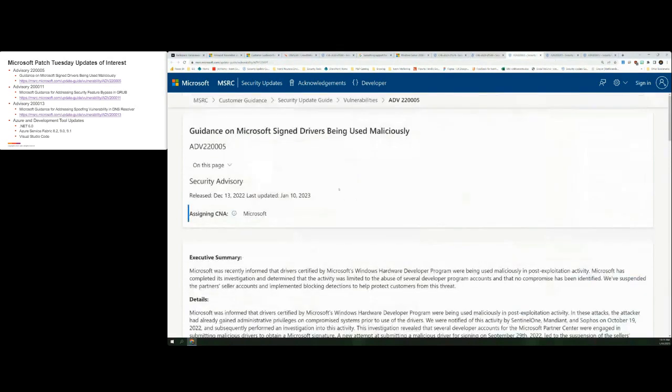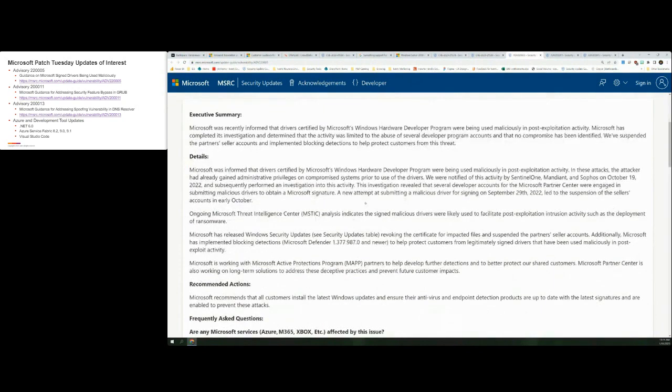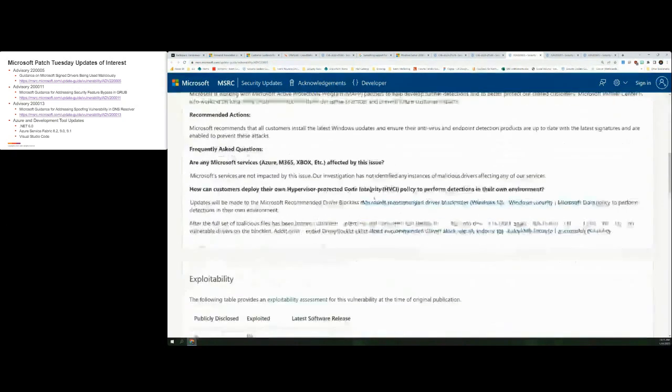The most important one is this advisory 220005. Last month, if you remember, we talked about this advisory. Microsoft had confirmed there were a few signing certificates that were compromised through their partner program. Those were identified, and Microsoft had started focusing on updating block lists to try to prevent any malicious drivers from being pushed out and done so in a way where they were basically trusted in your environment. So Microsoft has included an updated block list in this month's OS updates. Their guidance is to do the OS update this month to make sure that those are plugged.